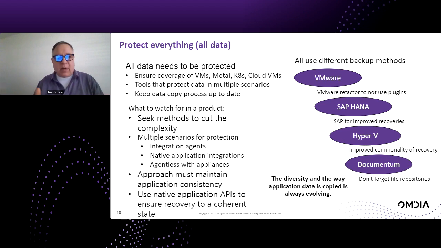and evolve over time. But the way VMware backs up things, the way SAP HANA backs up things, the way Hyper-V does, all these companies, as the requirements for data protection have evolved, so have the mechanisms that you use to get the data or to back up the data here. And make sure you're getting it backed up in what I consider to be an application consistent state. It's a lot easier if you work and have tools to work with the application to create this application consistent state. So your copies are, once you bring them back, instantly usable, or pretty much instantly usable, as easily